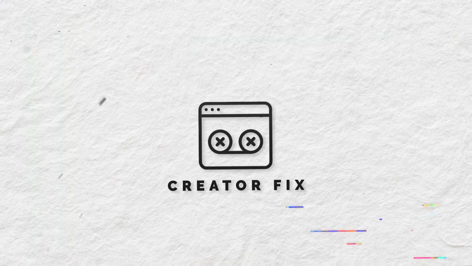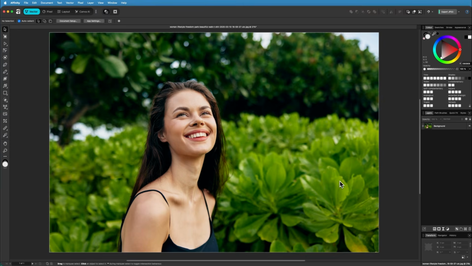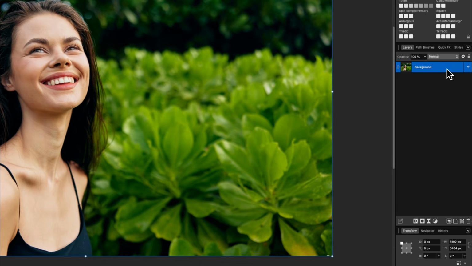How to add a vignette in Affinity. Let's get into it. Start by opening up your photo, click onto the layer of your photo, then come down